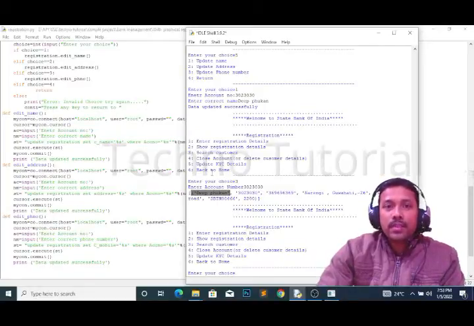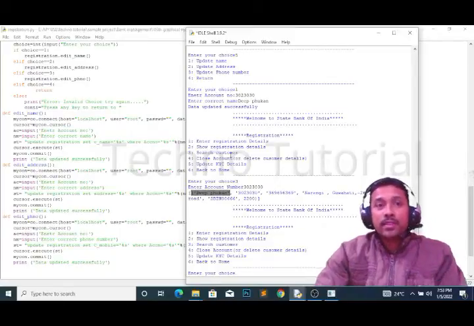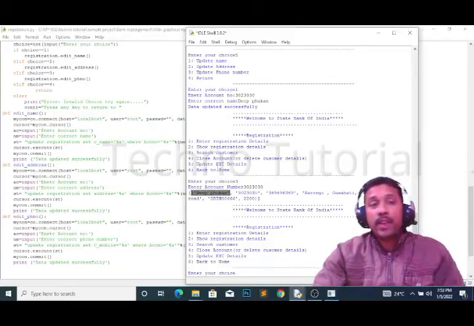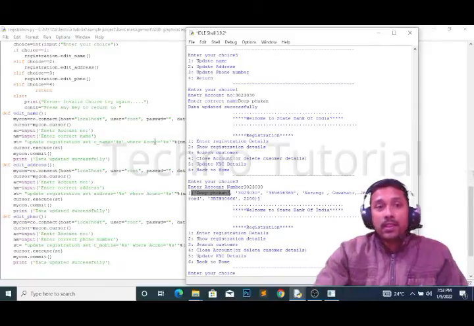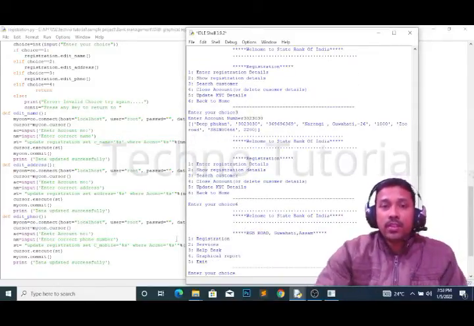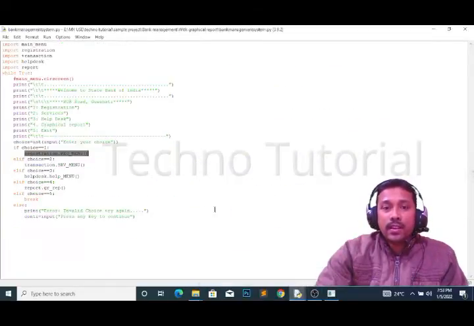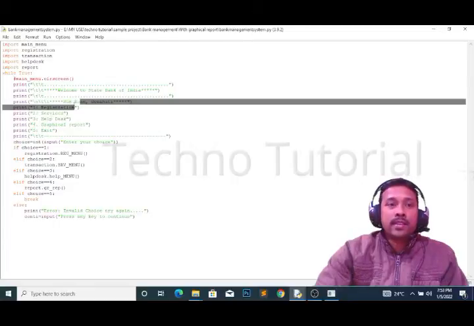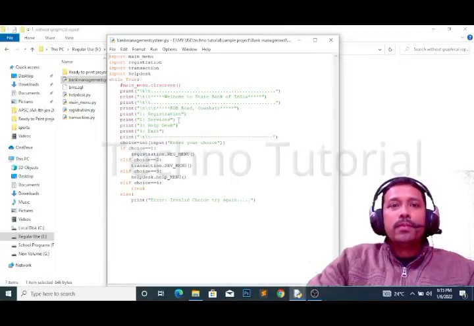Okay, after that, back is there, to go back to home. So we will return from the registration to the main menu from where we have come, that means bank management. If we press 6 here, see where we have come, registration. That means this registration module we have finished. Now we have to move to the services part. The second choice is services here.